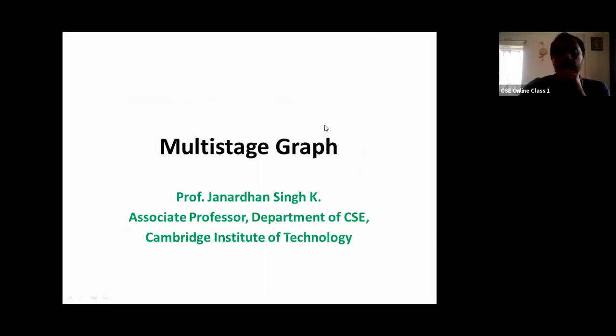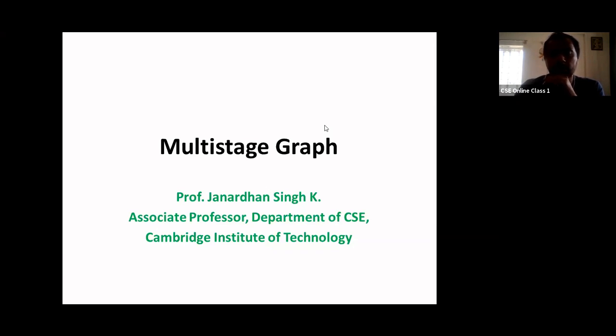Today what we will do is we will discuss multistage graph. So this is one more problem in dynamic programming technique, where dynamic programming technique can be used to solve this kind of optimization problems. But before doing that, we had a problem which was being discussed in our previous session, that is on